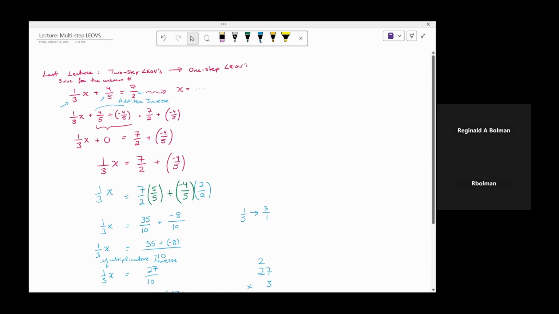If I had decimals, I would follow the same exact strategy. If I have some funky looking expression, I'm going to follow the same exact strategy. And the reason for this is that if we have something like 1/3 x plus 4 over 5 is equal to 7/2, and we start with a multiplicative inverse instead of an additive inverse, then what happens is, even though we know, okay, I need to multiply by 3 over 1,